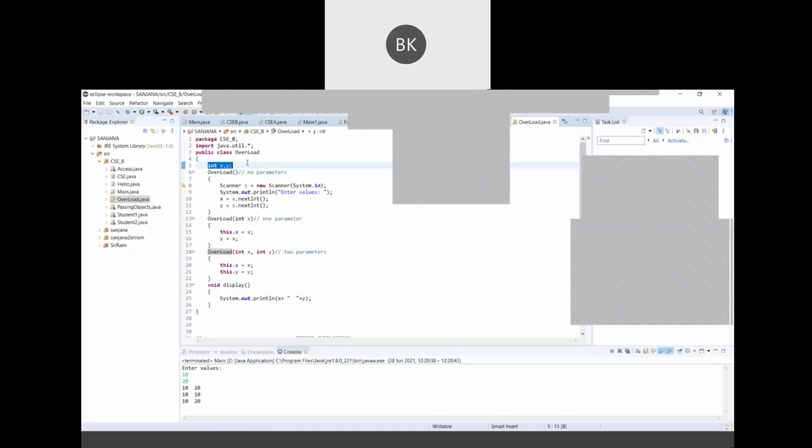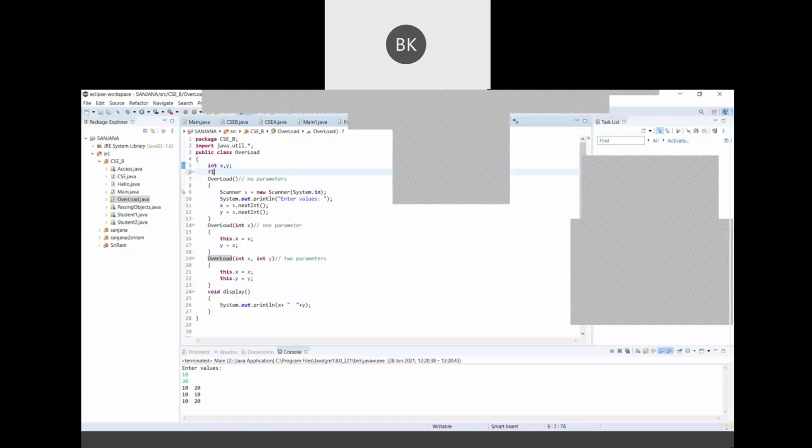Can you declare other variables with the names x and y? Suppose here int x comma y, and I write one more x and y. Can you overload the instances? X and y are instances here. Can you overload? No, we cannot overload the instances. Which are overloaded? Methods are overloaded. Constructors are overloaded. That's all, but not instances. Instances cannot be overloaded. What are the overloaded items? Only the